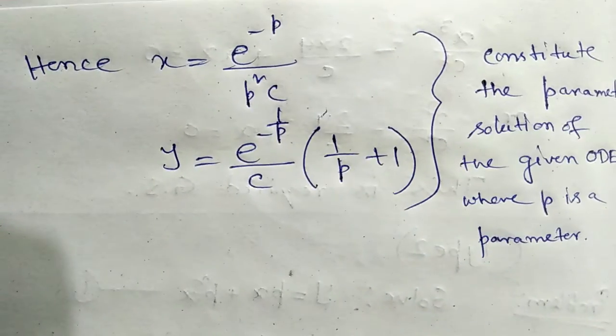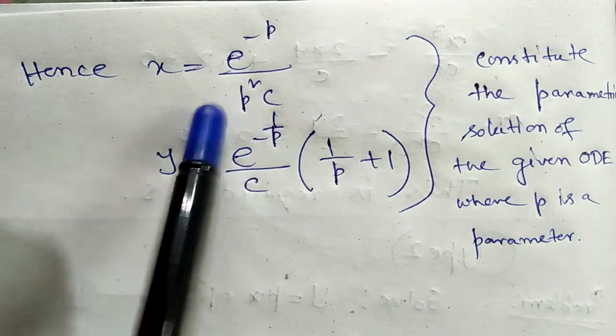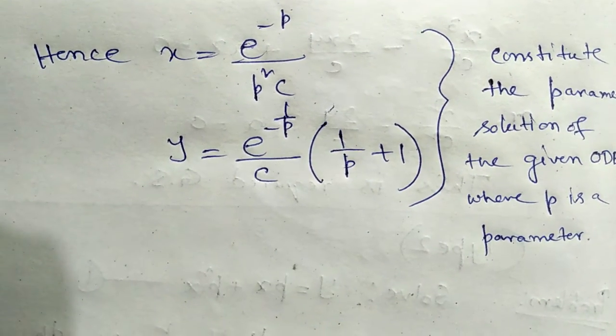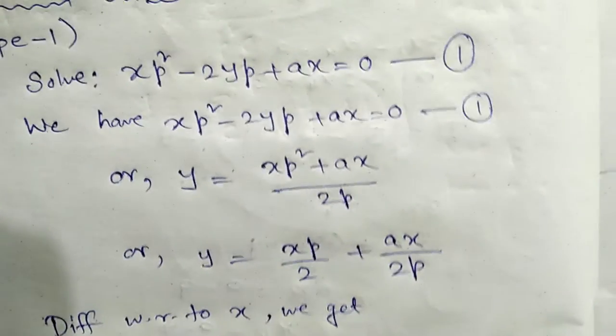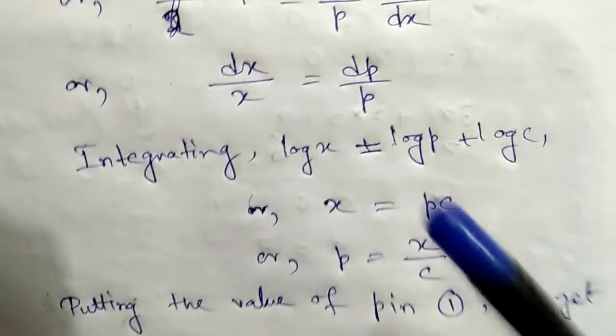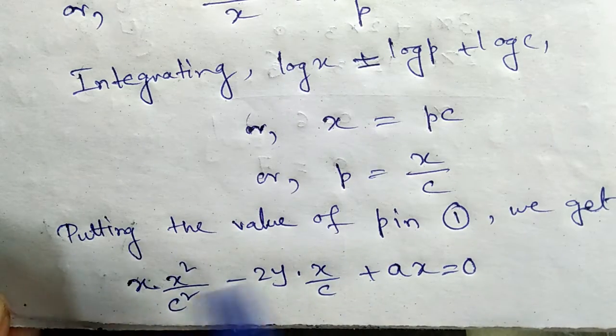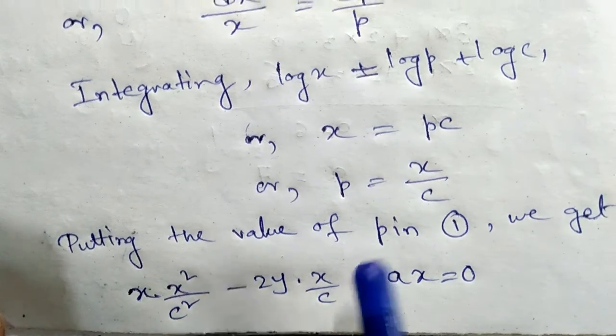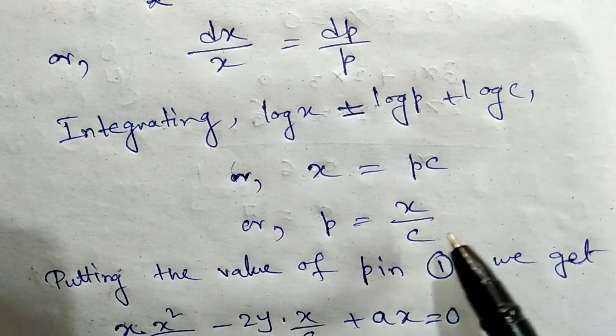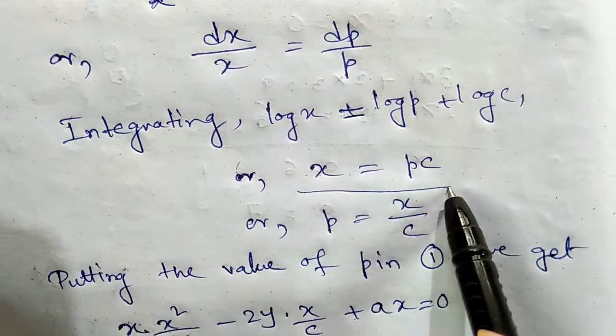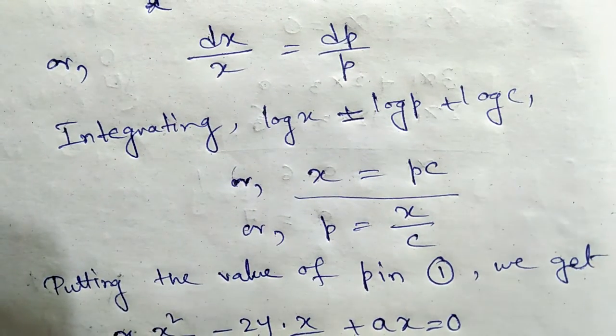So in case of the second type, we have to find the general solution in this way, that is the parametric solution, and in case of type 1, we have to find the general solution in terms of x and y. There is no term relating to p, as we can explicitly find the value of p from this expression. But in the second type we can't find the value of p explicitly. This is the main difference.